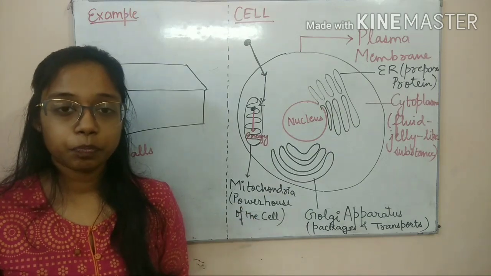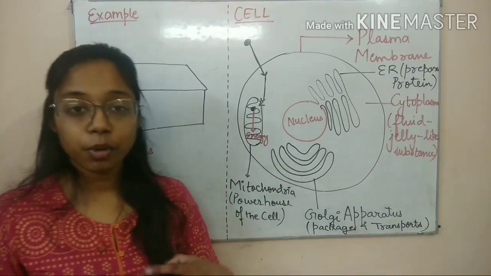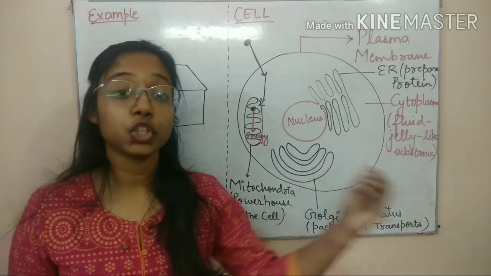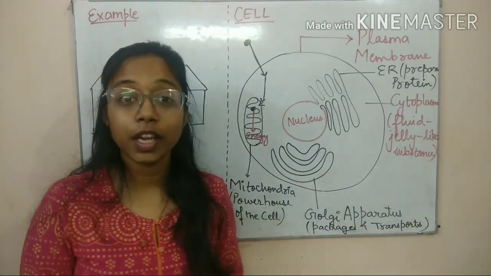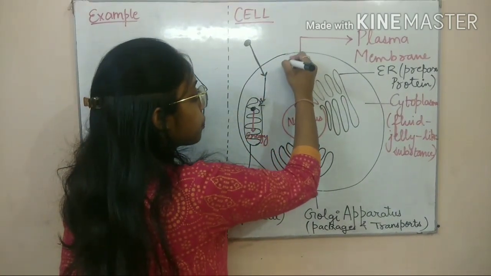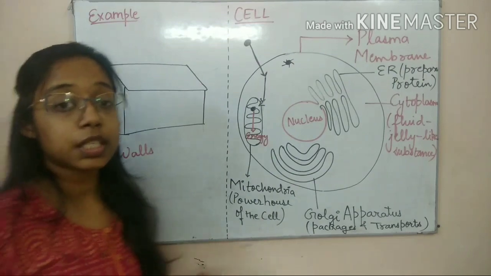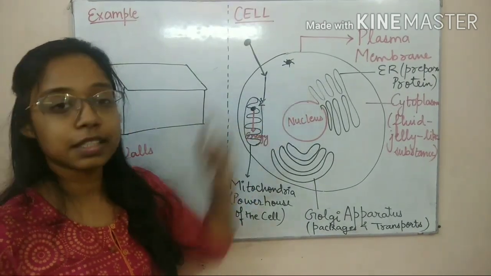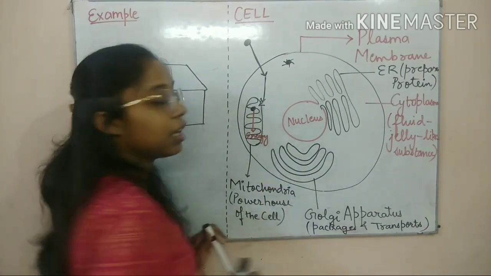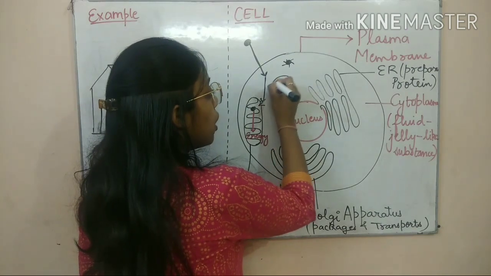Sometimes what happens, some foreign invaders or robbers enter the house. Similarly, sometimes foreign infectious agents like this coronavirus enter the cell without permission. So when this foreign particle, which is harmful for the body, enters the cell, the cell tries to kill it. How does it kill it? So the cell has another organelle for it. This organelle is called